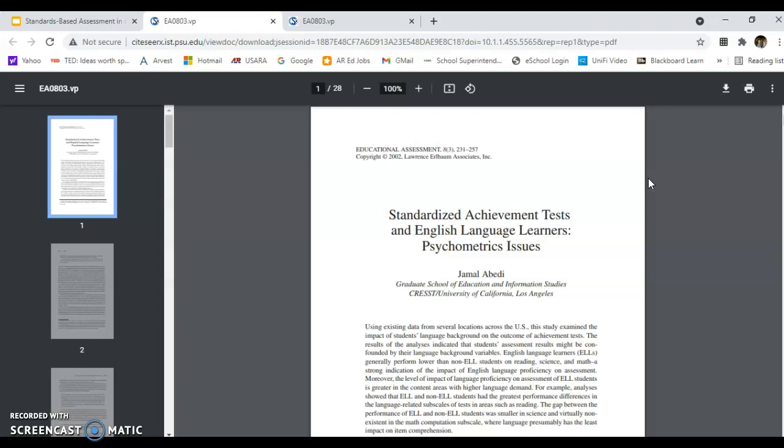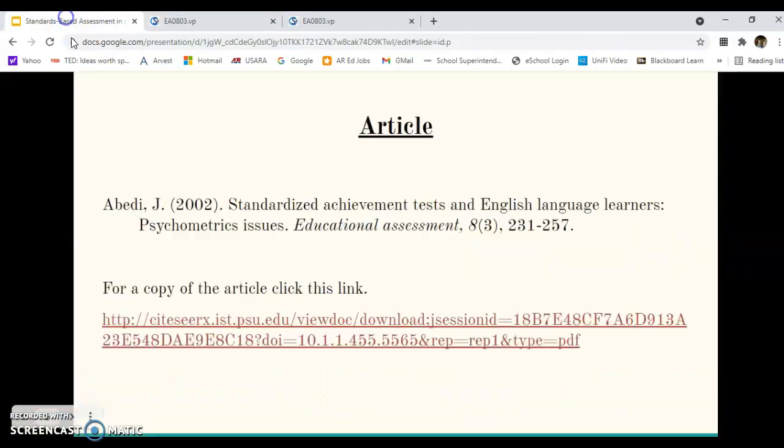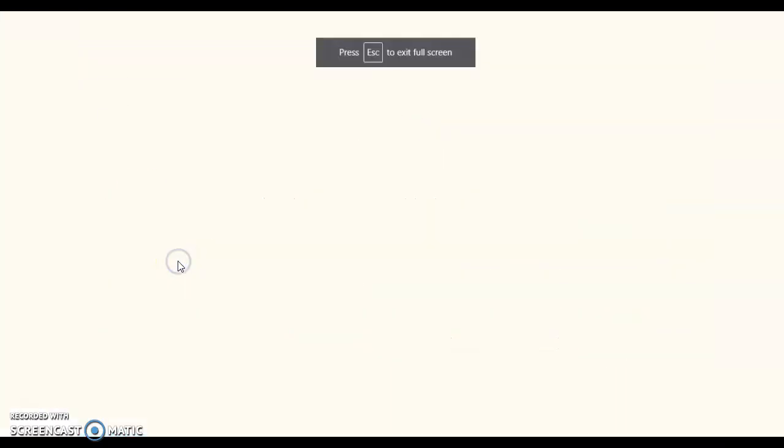They said, therefore, it's imperative that test publishers examine the impact of language factors on test reliability and publish reliability indexes separately for the ELL subpopulation. And I think that would be very important for us to look at, because yes, off the cuff, you say, yes, they need to be taking tests in their own language, but just because they're doing that doesn't mean that test is going to be reliable. And that's it. Thank you.